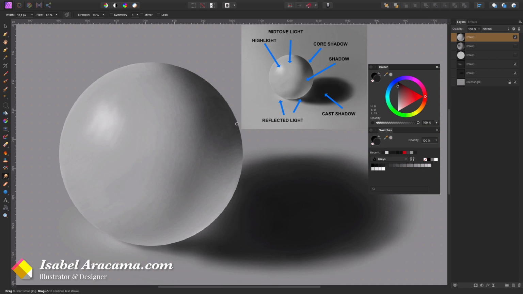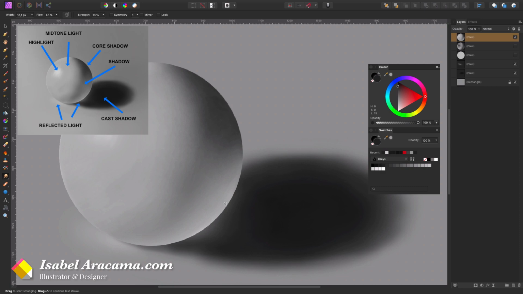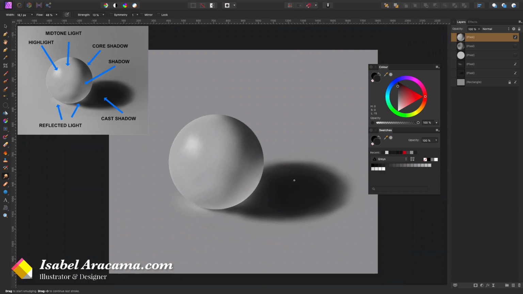I'm going to get closer so I can see a little bit better what I'm doing. I'm working on the edges so it looks a little bit more like a sphere and not like a shape, this 2D shape that it is. Actually, you can see here how it looks better now. A little bit here too.